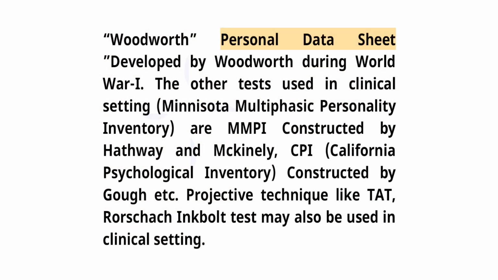The other test used in clinical psychology is the Minnesota Multiphasic Personality Inventory, MMPI, which was constructed by Hathaway and McKinley. CPI, the California Psychological Inventory, was constructed by Gough. Projective techniques like TAT, Rorschach, and the inkblot test may also be used in clinical testing. Now, I tell you, there are so many tests. If I say more than 100, now thousands,